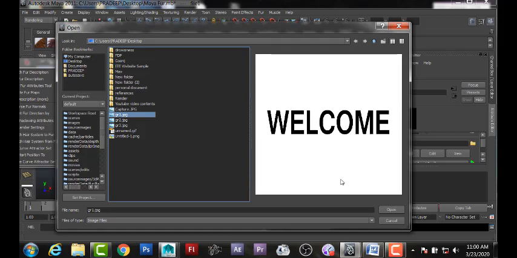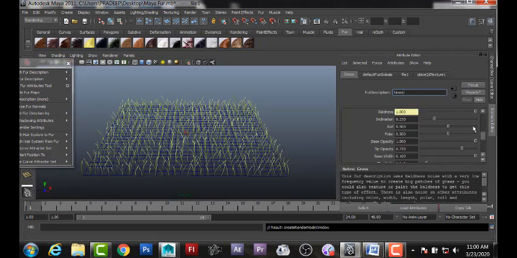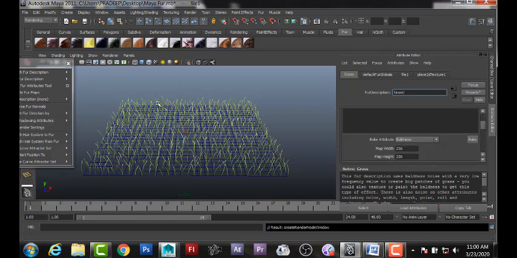Okay, now apply. Oh no, you see there is no change happened here. What I will do now, actually the texture which I applied is not baked, so I have to bake this texture. Baking means fixing the texture permanently on any attribute. Here you have to choose the attribute on which you are baking the texture, and thereafter I have to work on the baldness. So I will choose baldness here